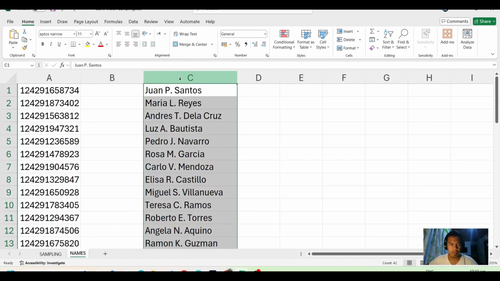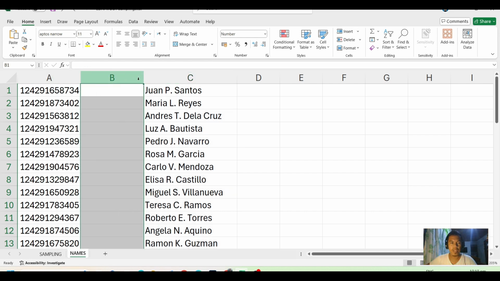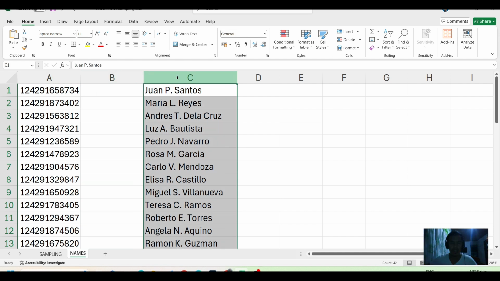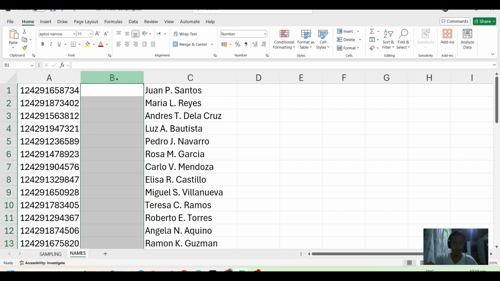Now, looking at this data, we have to alphabetize it. Provided that there is an empty column in between A and C, all we have to do is have this column deleted.